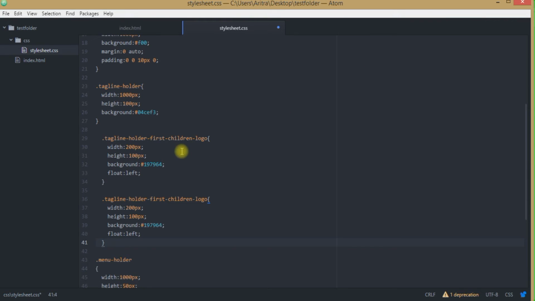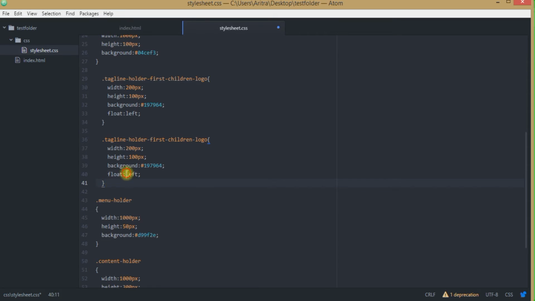So all we need to do, get back to our project, and instead of float left over here, first of all we are changing it to float right, and then we are changing the name. What we have intended here is to keep the contact us information about this concern. So we are naming it as contact box. By this modification, we just changed the class names that have been used into these two child divs.